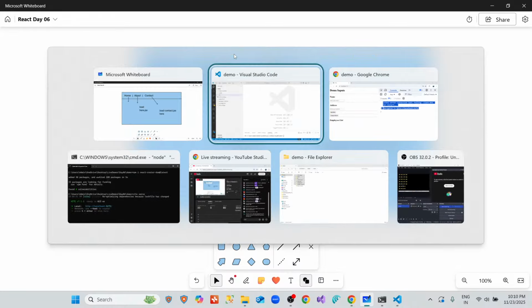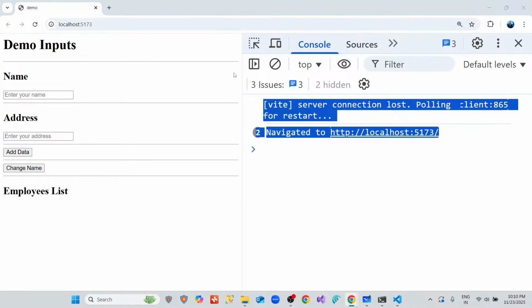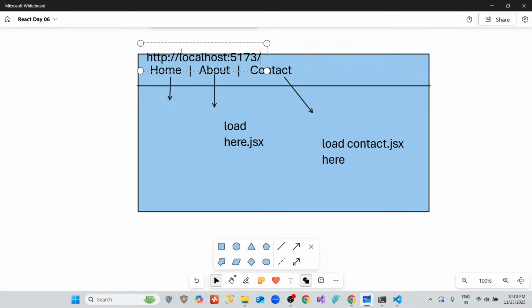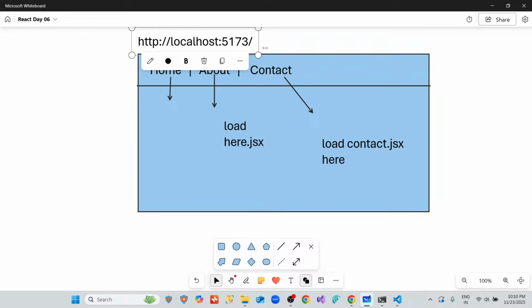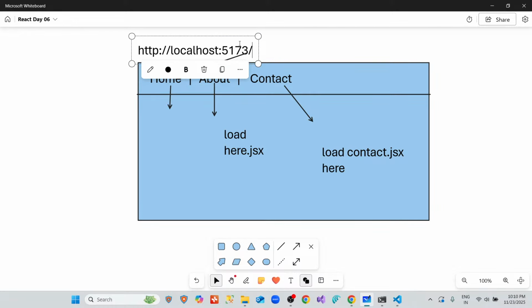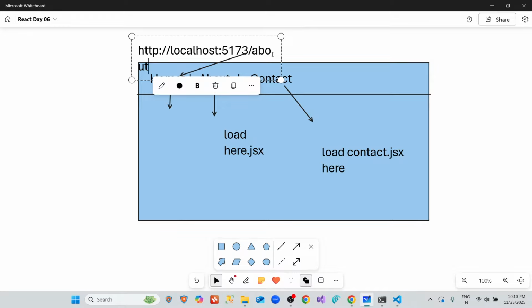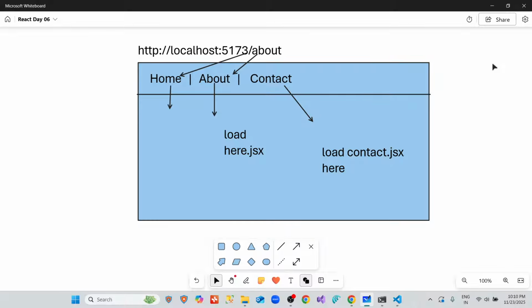Next, right now we are shooting a call to 5173. So initially, when somebody types this in the browser, I would like to load something called home in the UI. But if somebody types about in the URL, it should automatically load about. Which means, if somebody, instead of clicking on these buttons, directly types in the browser hash about, slash contact, hash contact,